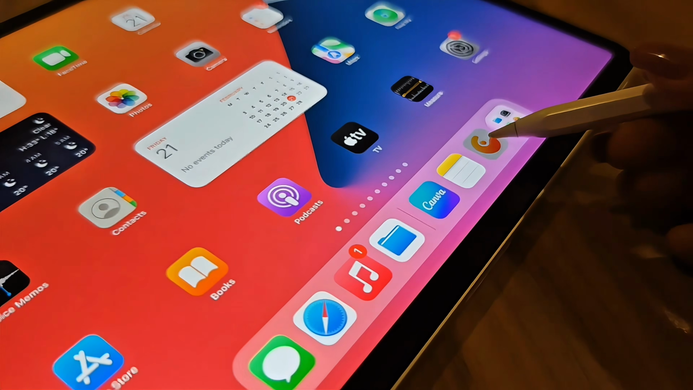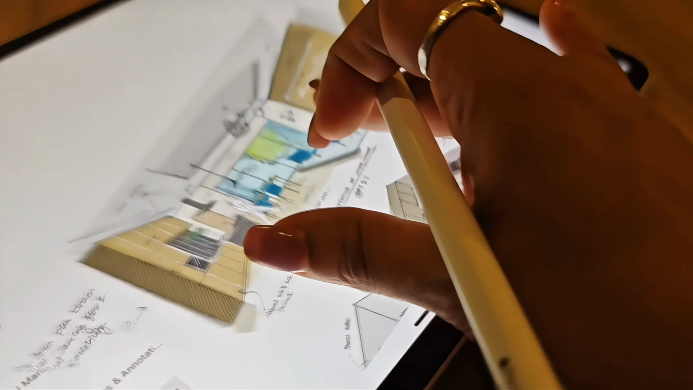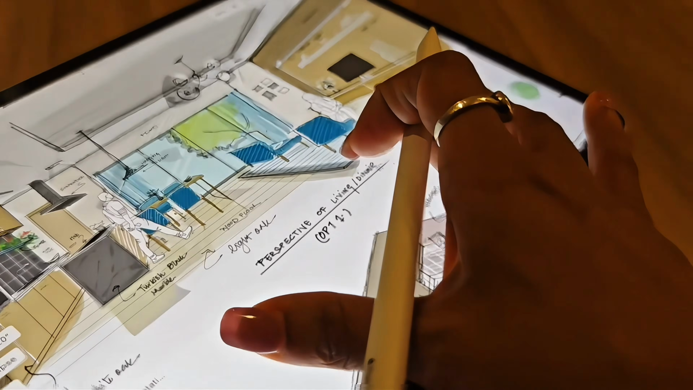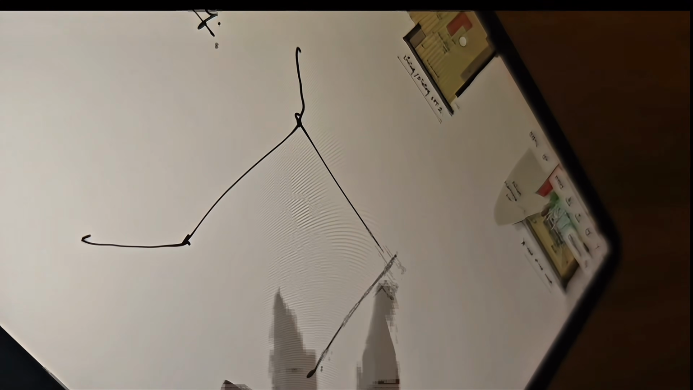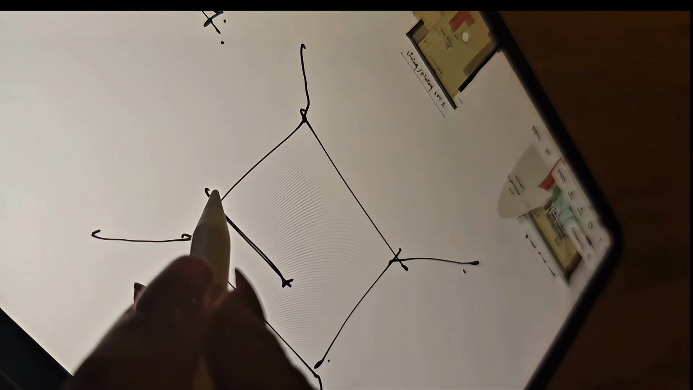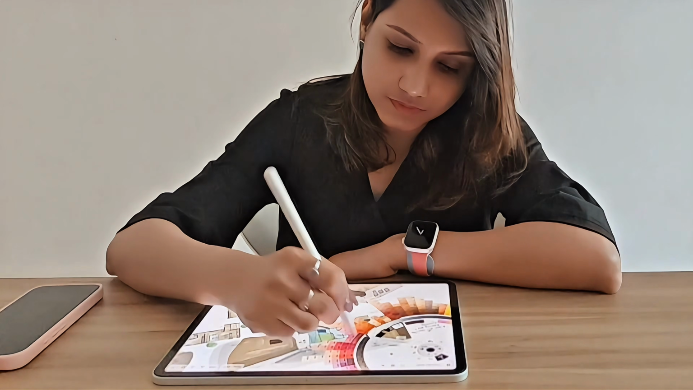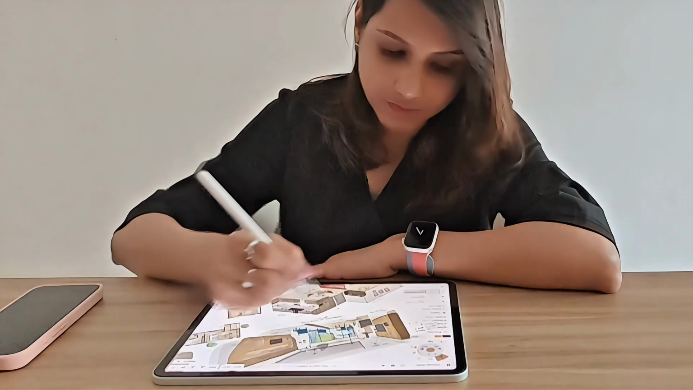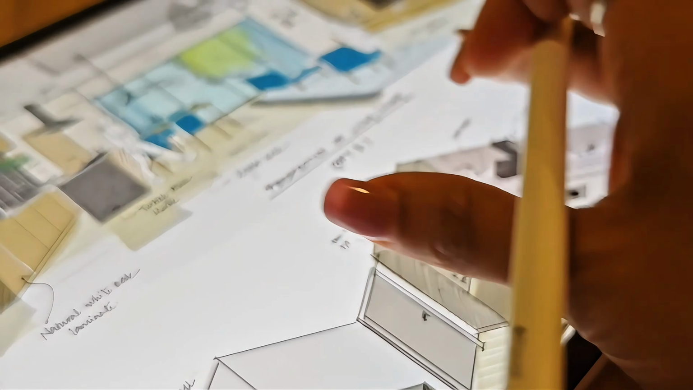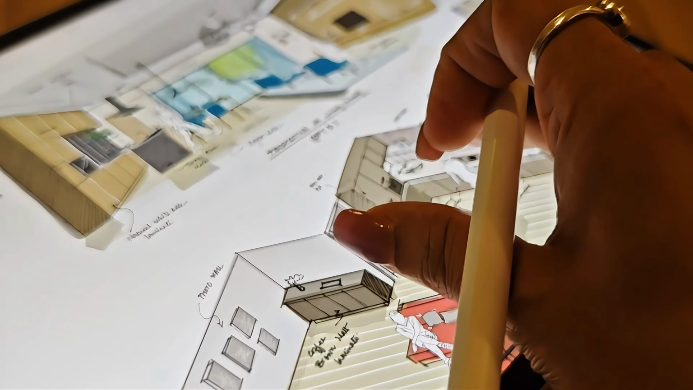Using the Concepts app, I'll guide you through structured brainstorming exercises and creation of thumbnail sketches based on a floor plan, enabling you to develop your ideas efficiently. You will gain insight into how to compose your sketches, emphasize key design elements, and refine your concepts using the